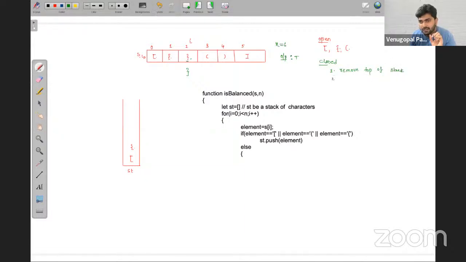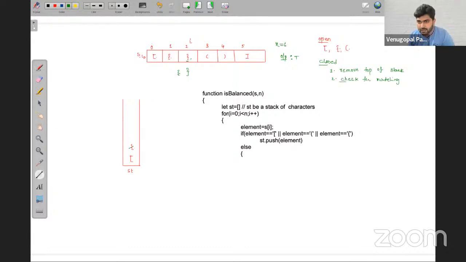Second, check for matching. What does it mean? Since our input is a closed one, remove one element, now check for the matching. Are they matching?